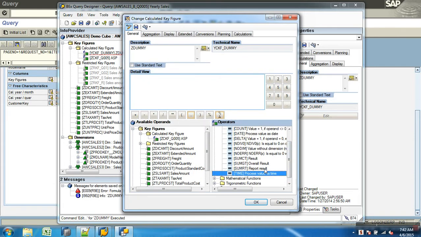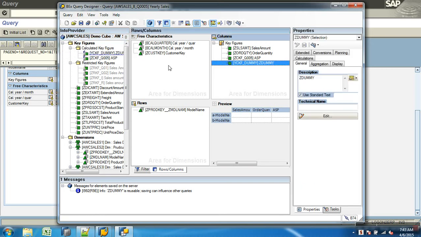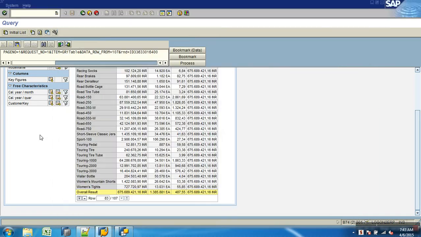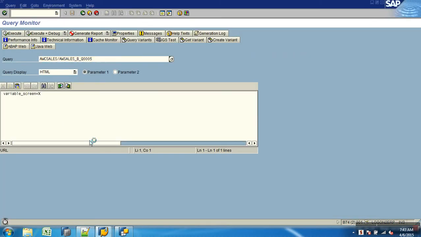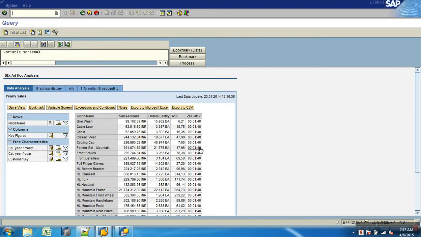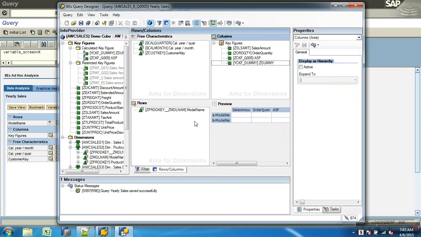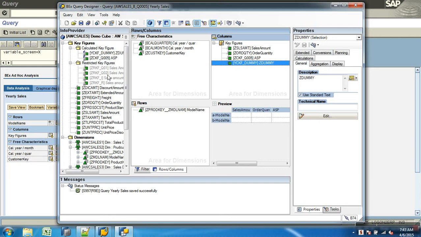And there is a function called time, okay, which will convert number of seconds into time format. It takes the parameter as number of seconds, converts it into time format, starting from 0 hour, 0 minute, 0 seconds. From there it adds up 100 seconds. 1 minute, 1 minute 40 seconds. Okay, like this you have some data functions.